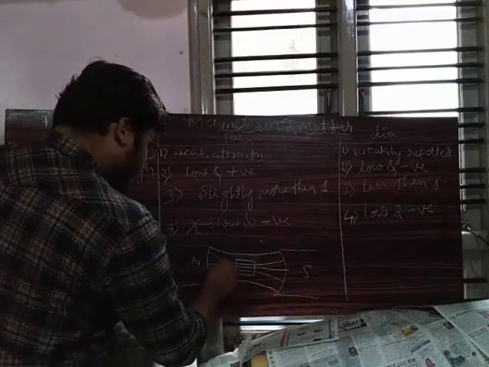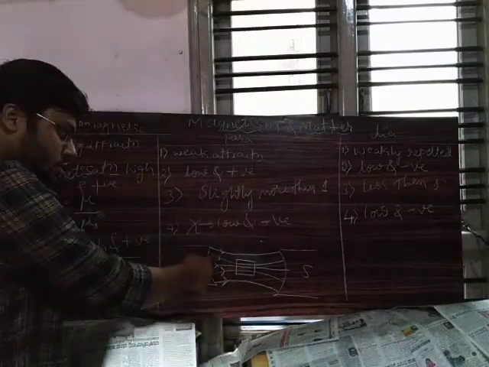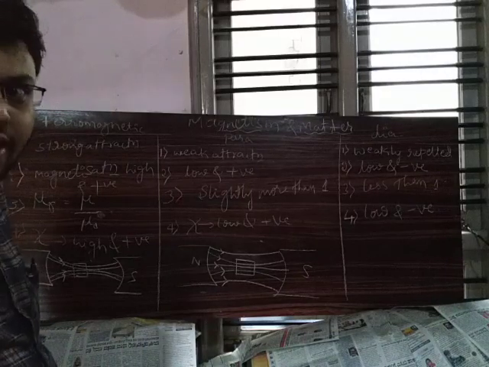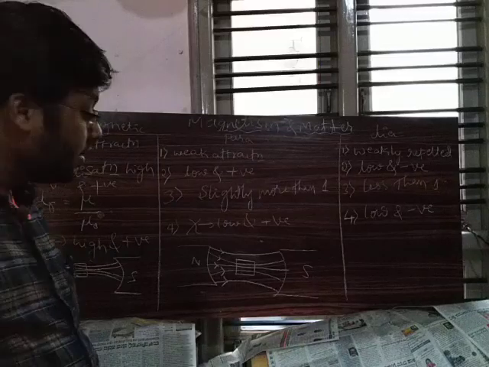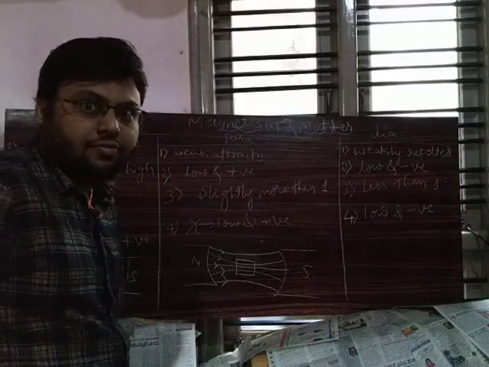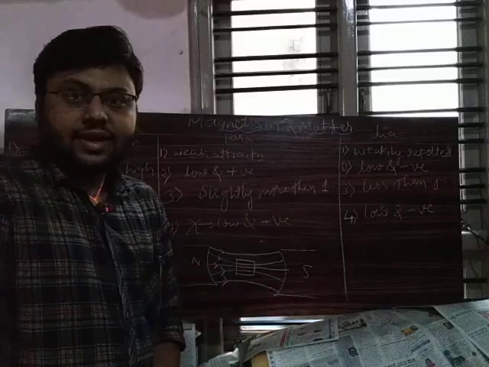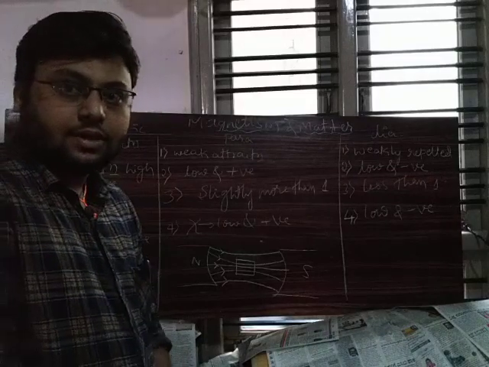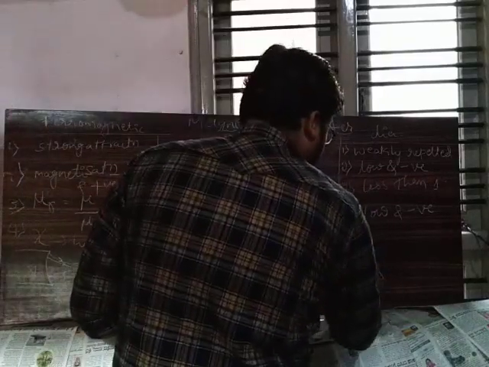These are the field lines. So how many field lines we have here? 1, 2, 3, 4, 5. Among 5, most of the field lines were passed through the paramagnetic material. Means 3 field lines. So maximum number of field lines, 3 field lines were passing through the paramagnetic material. Okay. Then, in case of diamagnetic material,